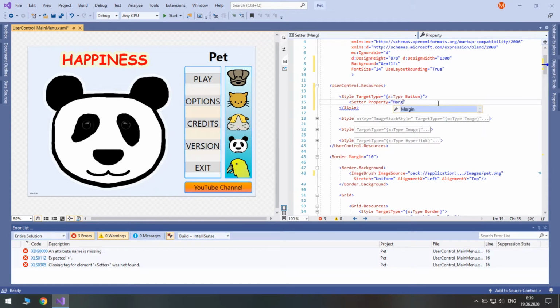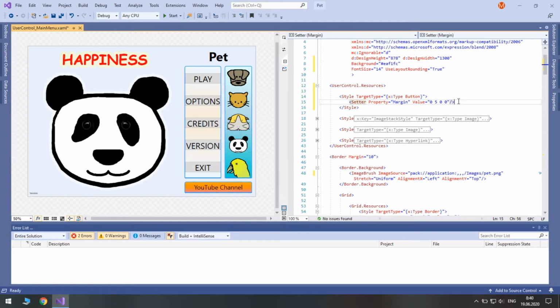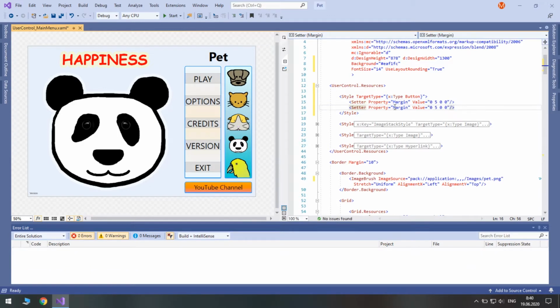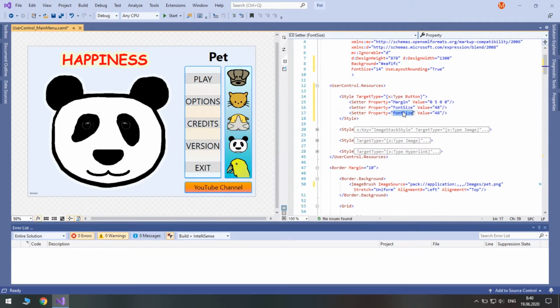Let's set the margin to, well, 0 on left, 5 on top, and 0 on right and bottom. Also, let's change the font size to 48. And let's change the border thickness to 0.